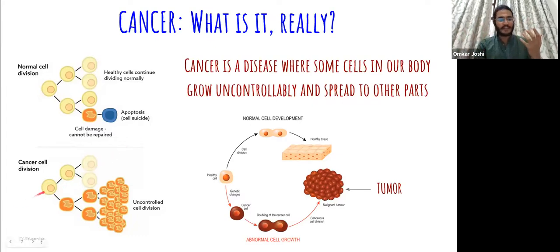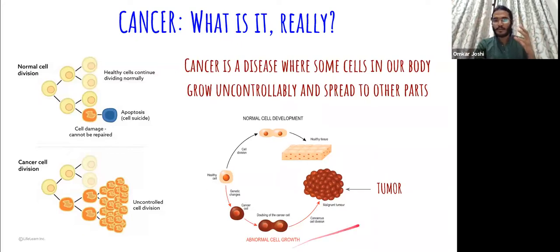What happens in cancer is the cell division that happens, regardless of whether the cell is damaged or not, will keep happening. And we'll come to why this happens. But this keeps happening such that in whatever state the cells are in, they will form a nice mass clump ball of cells, which I've told you is called a tumor.